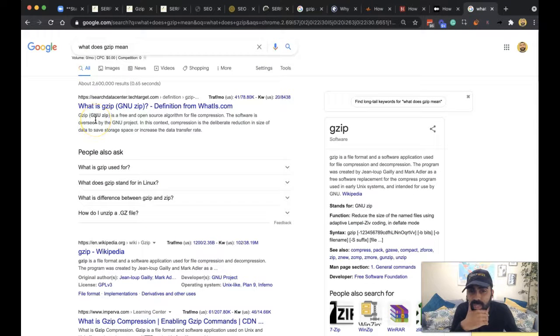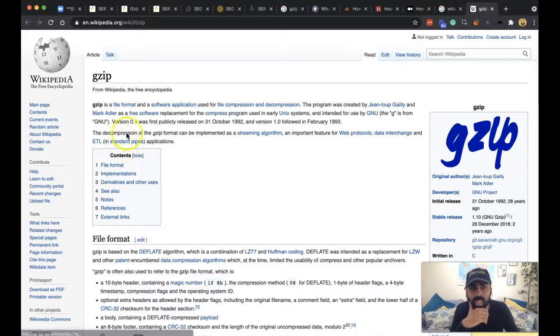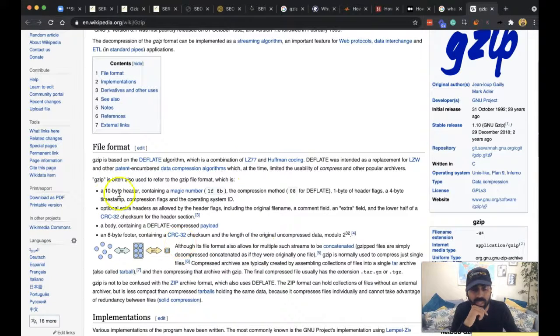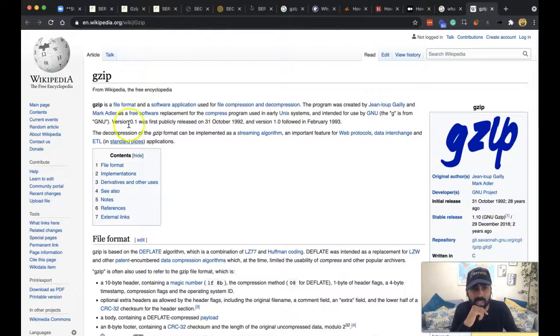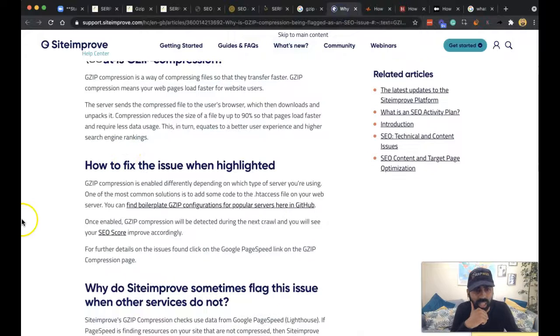GZIP, GNU zip, General Network User Zip. Let's have a look on Wikipedia. It's a file format and software application used for file compression and decompression program. Okay, so it's really just the name of a file format. So there you go. Like WinZip, you've got GZIP. So that's answered that question there. The next question is